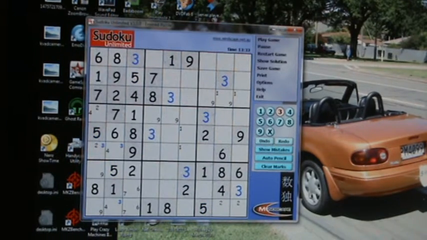We're up to 3. So have we got any other 3s? There's 2, 4, 6, 7. So there's 2 3s left. So we'll just put that in there. That's the only place a 3 can go, is along here. Then we got the 4. Now that's a little bit